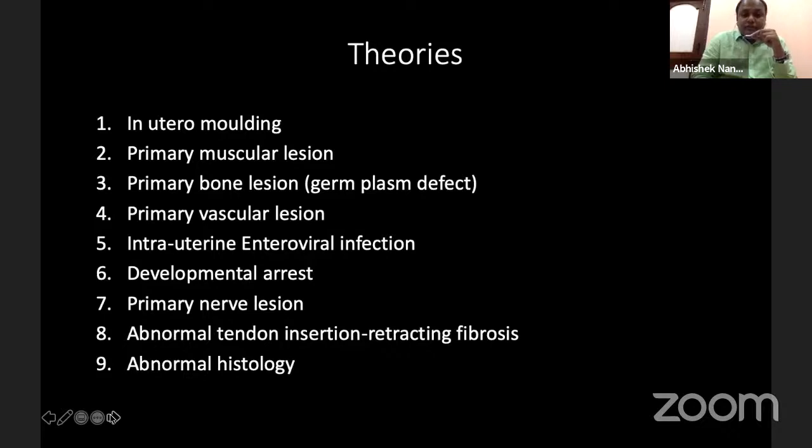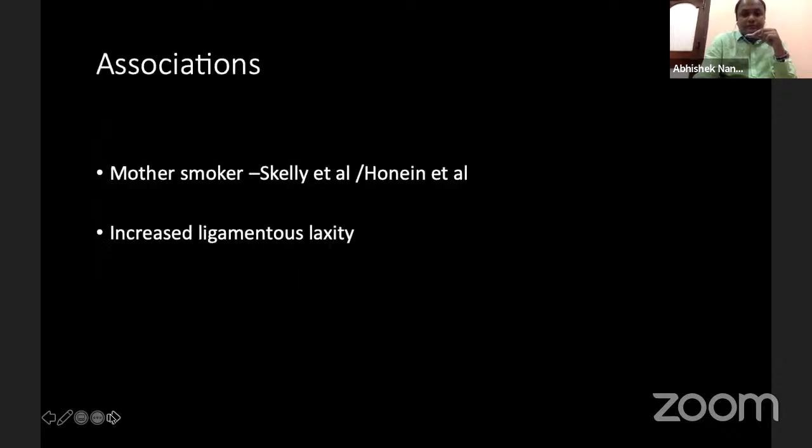That is one of the infections associated with CTEV, the enterovirus. Developmental arrest, primary nerve lesion, abnormal tendon insertion, which causes the retracting fibrosis, and the abnormal histology to confirm the fibrosis. There are associations that smoking is what Sir told, reported by Skelly and Hoyne, and increased ligamentous